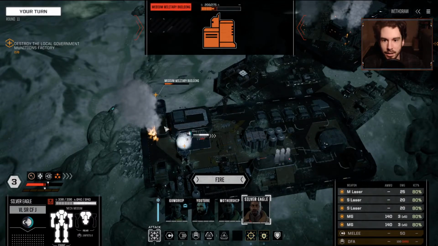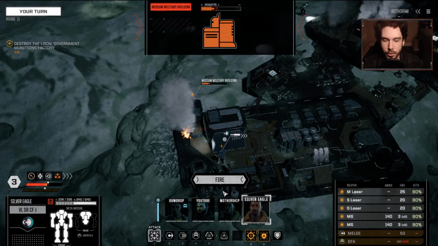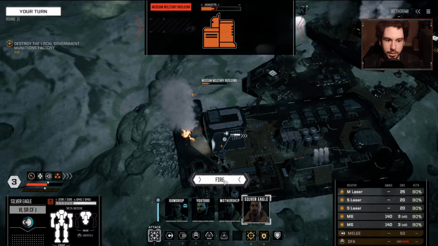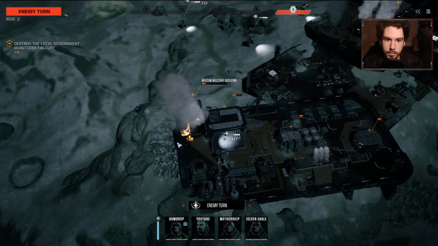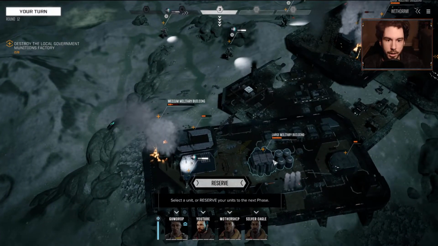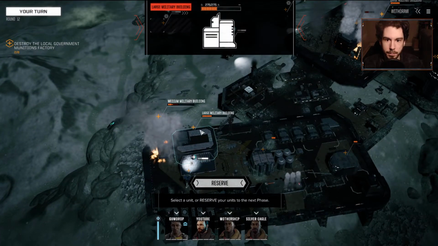Alright, Vulcan, this building is still all you. Only a little bit of heat generated there, and just keep cranking away. We probably could work on some of the smaller ones, like the mediums, but